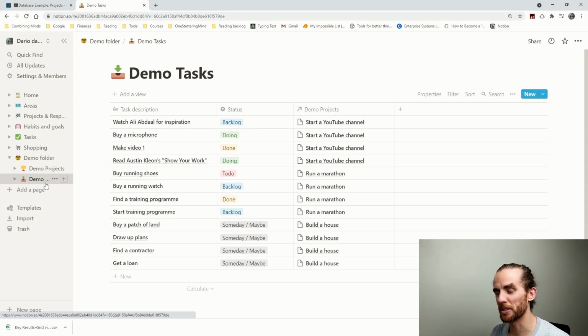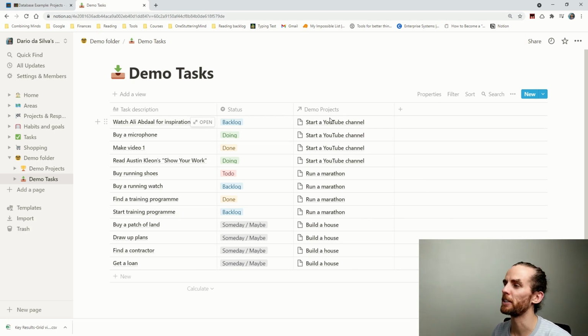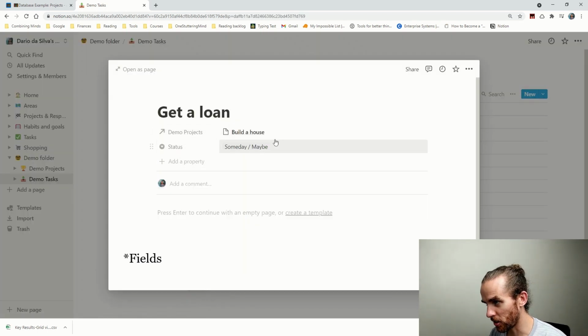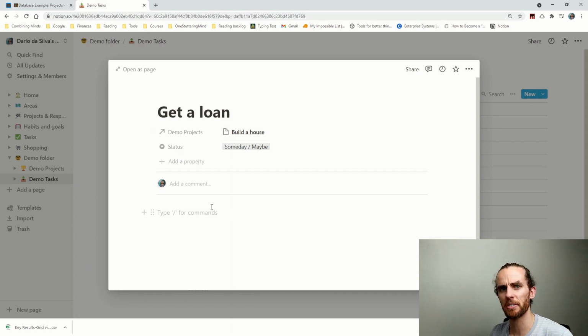A little bit slower, which is one of the things that people always complain about with Notion. So I've now got all my tasks, again, related to demo projects. So that's the same relational database feature where I can put information into the tables and then relate them. But the cool thing that I can do here is I can open this page, and although it's got those features of the table up there, I can add additional information which is not related to that table. So I can just say, cool, additional information,